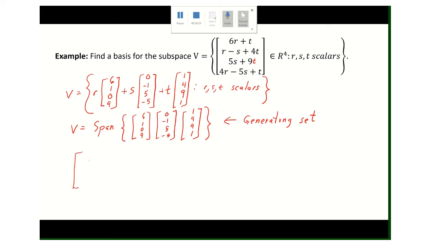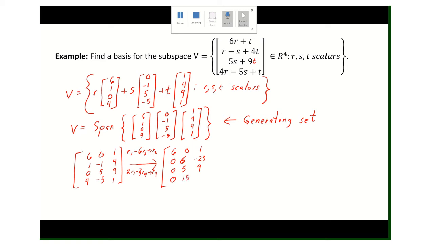So how do we do that? We put them into one matrix, and we start row reducing. We get 6, 0, 1. Okay, so I'm going to do row 1 minus 6 row 2 as my new row 2. I get 0 plus 6, and 1 minus 24 is minus 23, 0, 5, 9. And I am going to get 2 row 1 minus 3 row 4 as my new row 4, 0, 15, 2 minus 3 is minus 1,